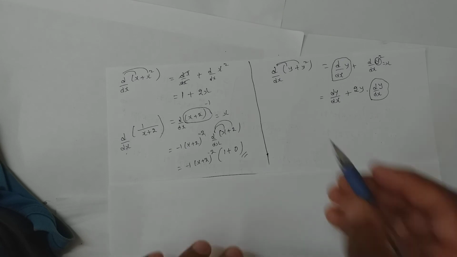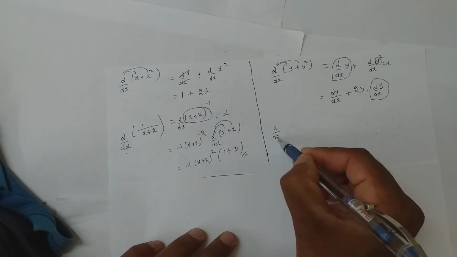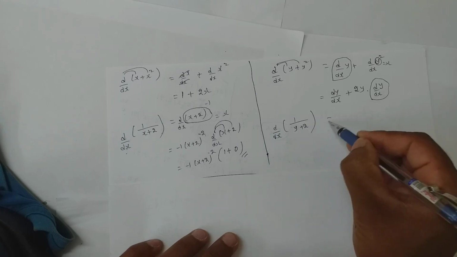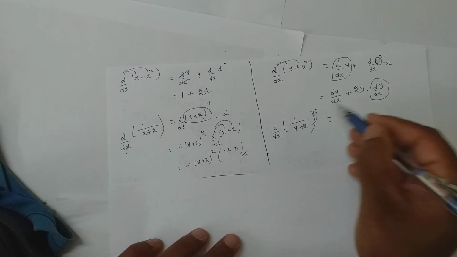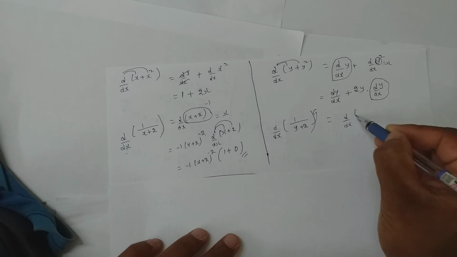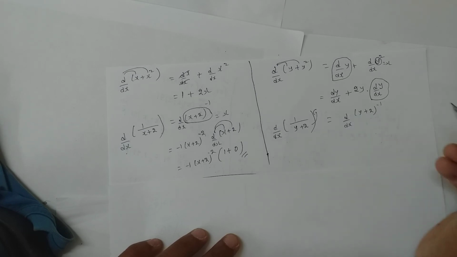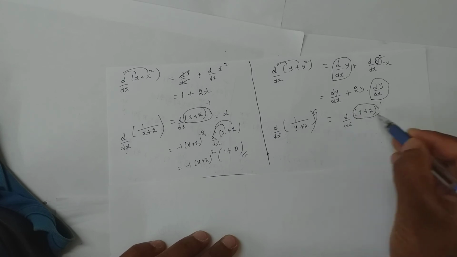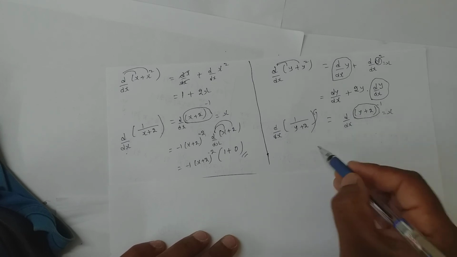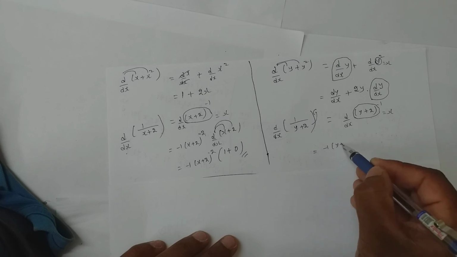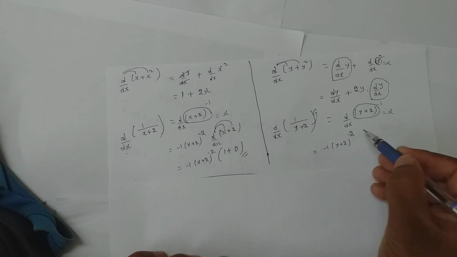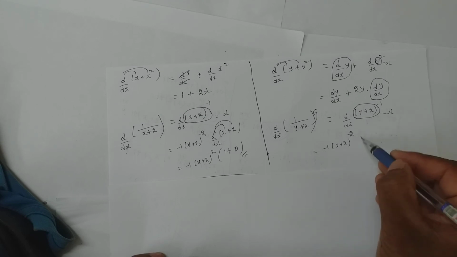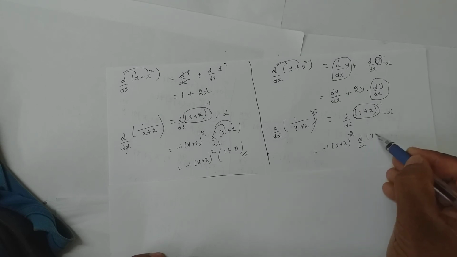Now if there has been some other letter, d by dx of 1 by y plus 2. First this should be taken to the numerator. So I get y plus 2 power minus 1. Directly I cannot differentiate. I will assume it to be x. So x power minus 1. Minus 1 into y plus 2 power minus 2. Whatever you have assumed in place of x, that differentiation must and should be kept.